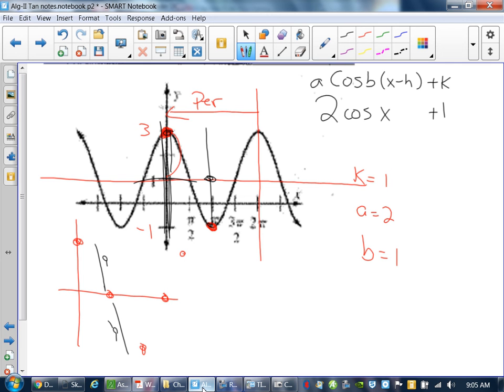The rest of these, I think I threw in a couple of tangents, a couple of sines. I think there's 2 tangent, 2 cosine, 3 tangent, 3 cosine. Oh, oops. Apparently I put 4 tangents and 3 cosines and only 1 sine. So let's do this. Let's pick one of the tangents and make it a sine. So let's make the first one.